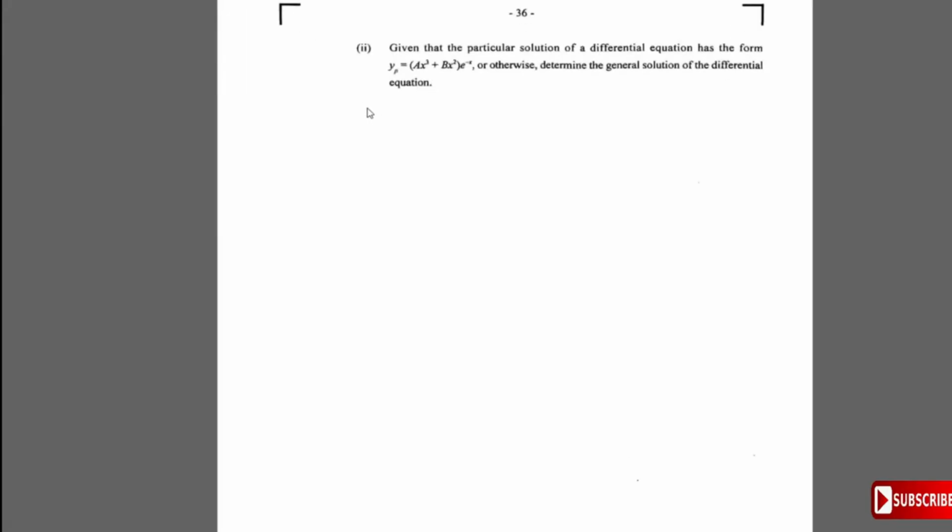Moving right along, it says, given that the particular integral is this, determine the general solution of the differential equation. So first thing, it gives us the particular integral. So it gives us that yp is equal to ax cubed plus bx squared times e to the minus x. So what we're going to do then is find out